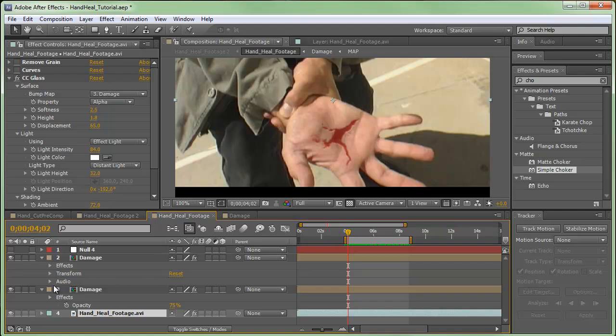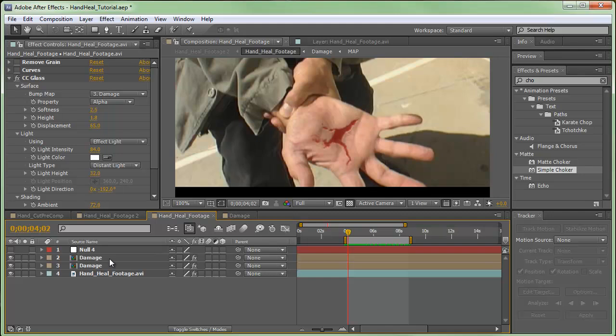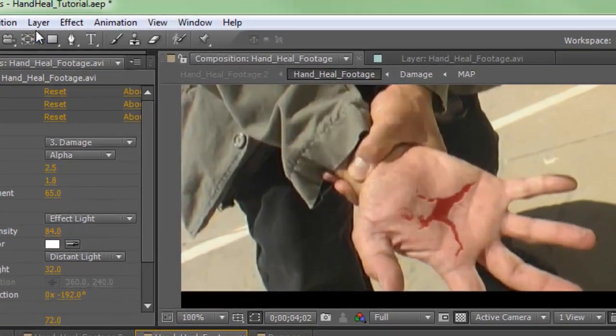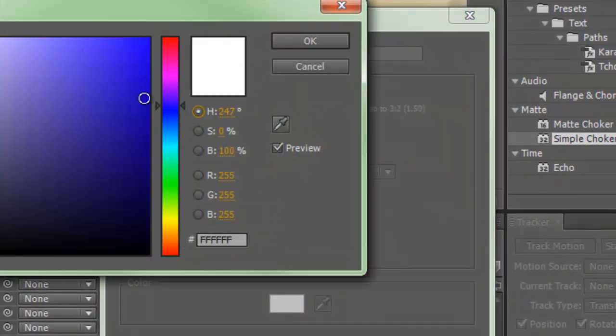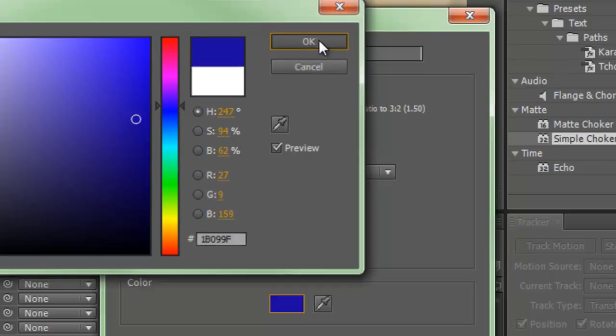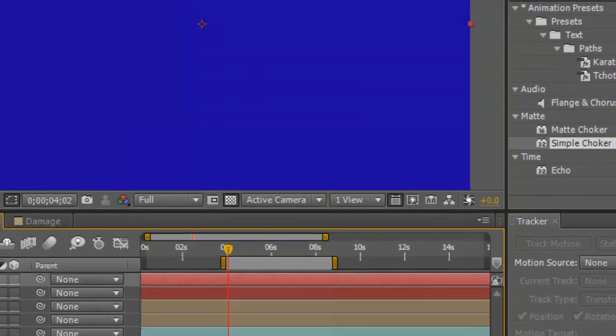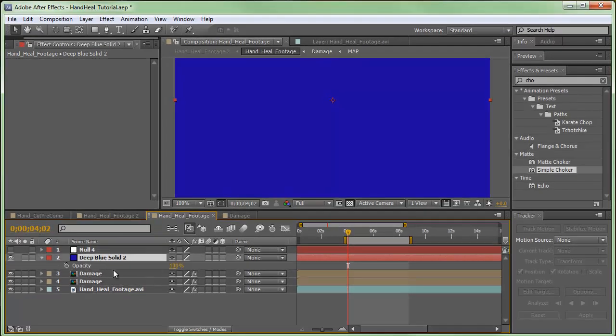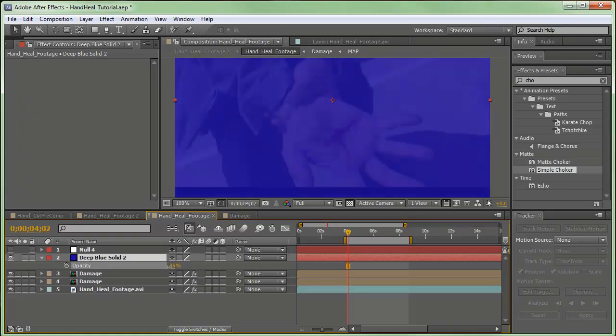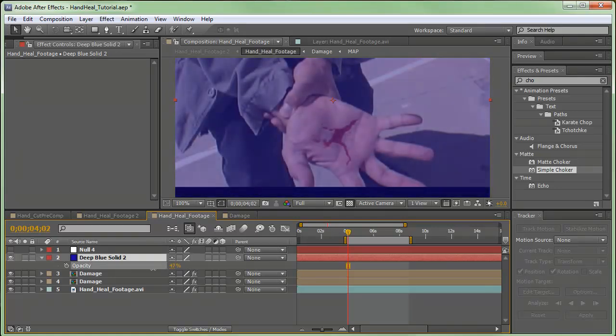The next little thing that we could do to make it a little nicer is we can color correct it. We could tweak around the reds and other things like that. We can add in a new layer, solid. We'll get like a dark blue. And we'll put this on top of the damage. That's fine. We're going to drop the transparency of this pretty low. Maybe 40? No, let's go even lower, 30. And what we'll do here